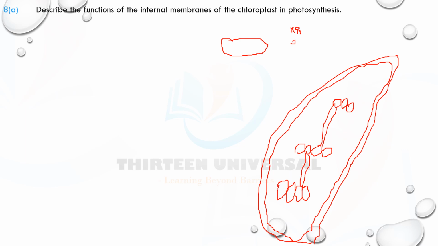Now the thylakoid membrane is a site for the light dependent stage of photosynthesis. So this is the site of the light dependent stage. That's thylakoid. So what feature makes it a site? Now this is the membrane here. If you zoom in, this is the lumen. Why is it a site for the light dependent stage? Number one, because it consists of photosynthetic pigments. These photosynthetic pigments are arranged in light harvesting clusters called